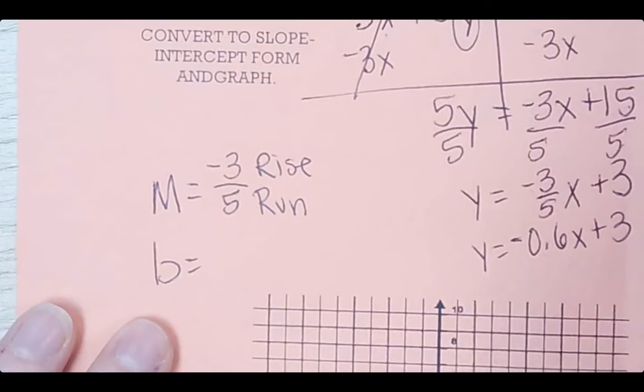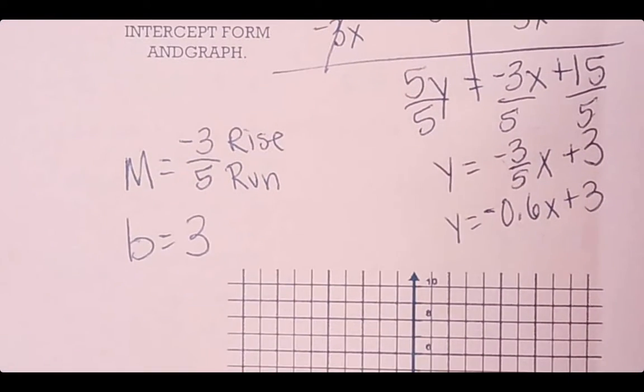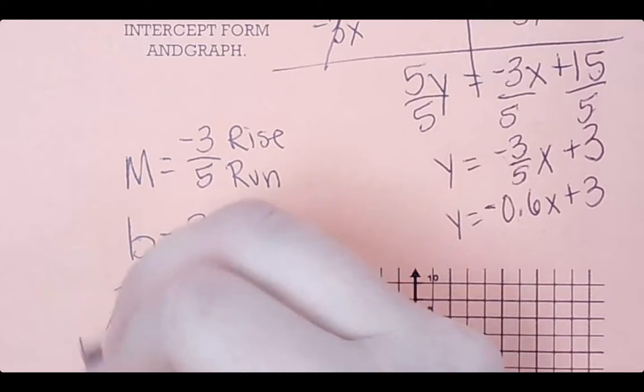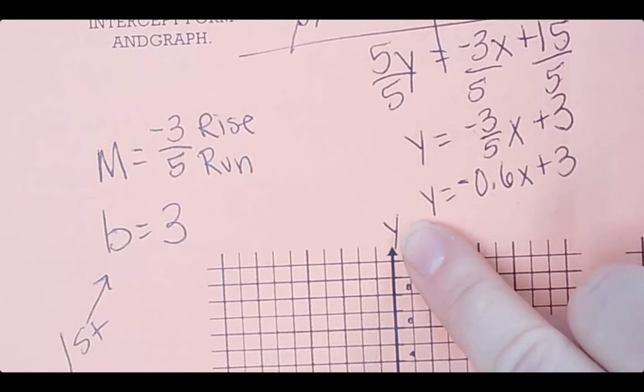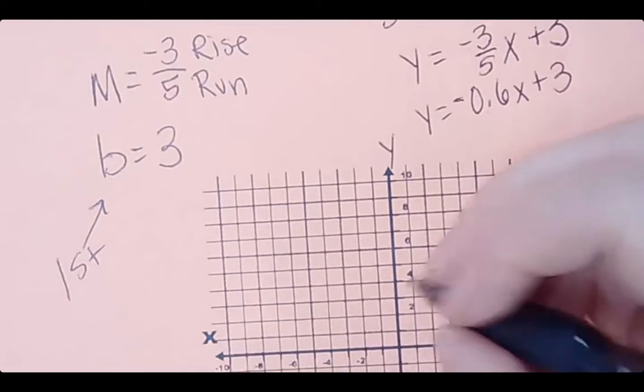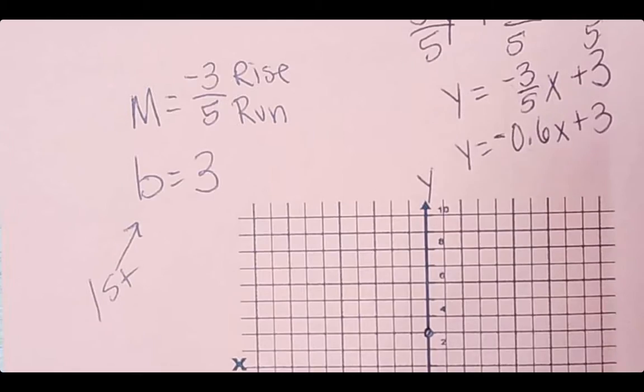And then our b, our y-intercept, is 3. So you always graph this first. On the y-axis, you're going to graph at 3. Okay, and then the next thing you're going to do